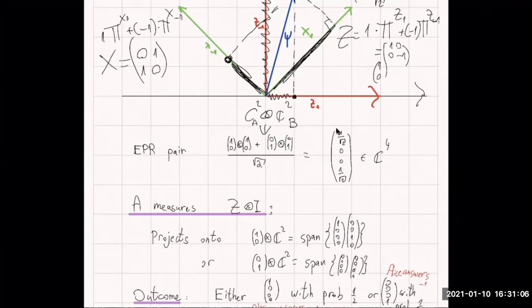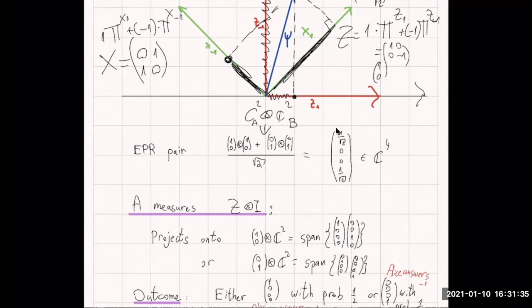When I'm saying that, I mean that Bob is doing nothing and Alice is taking her part of the 2 qubits and measuring according to the red basis that is still observable on the board. So the claim is that the outcome is either projecting the EPR pair onto,